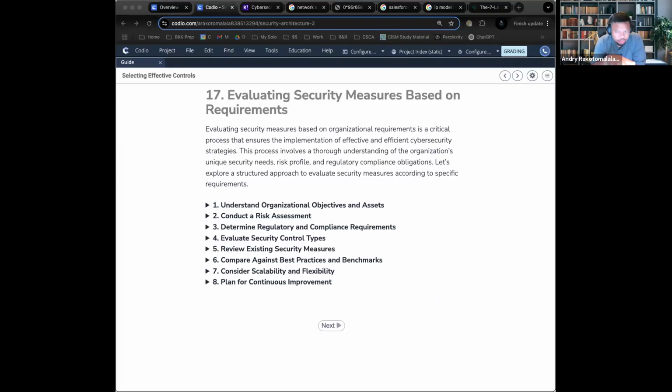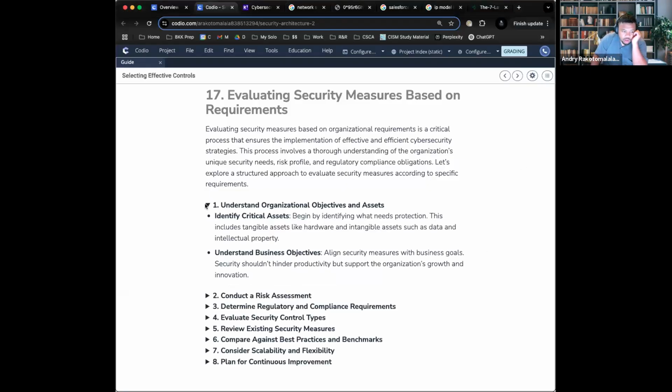What this slide is saying is essentially that every organization is different. Every organization has to decide where they're going to prioritize their efforts and their money specifically. That means they have different regulations and different infrastructures. Some companies really care about protecting their data. Some companies really care about protecting their application. Overall, they have different risk profiles and regulations that they have to follow. So you have to choose the controls very efficiently so that it doesn't waste time, money, or leave any gaps. That's all this slide is saying.